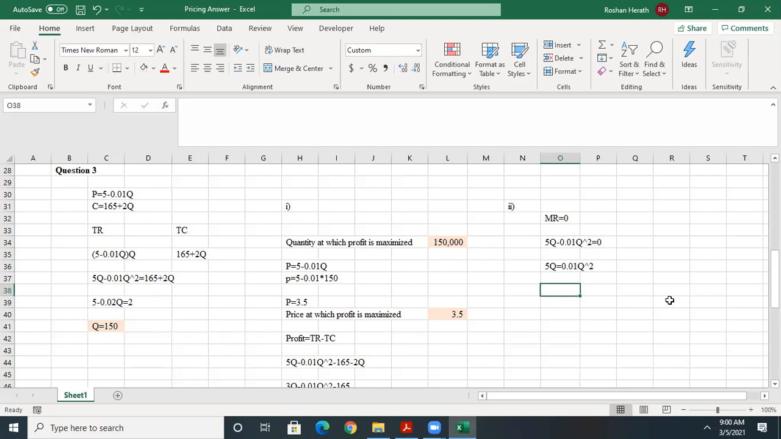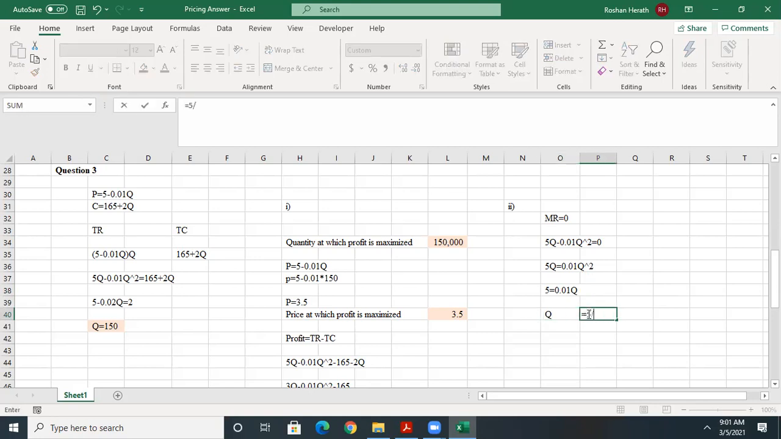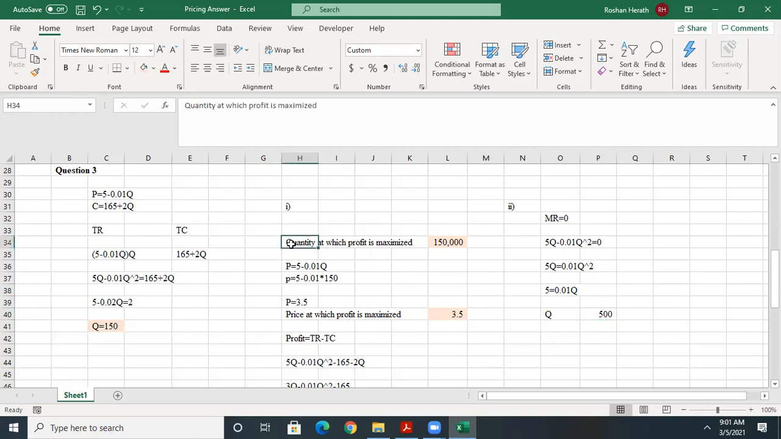So then if you simply solve that, you can divide both sides by q. Then it's going to be 5 equals 0.01 q. So then if you take q, it's going to be 5 divided by 0.01. So it's going to be 500. So hence the quantity at which the sales revenue is maximized is going to be